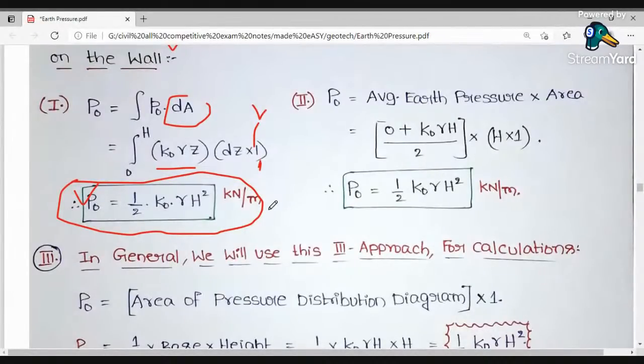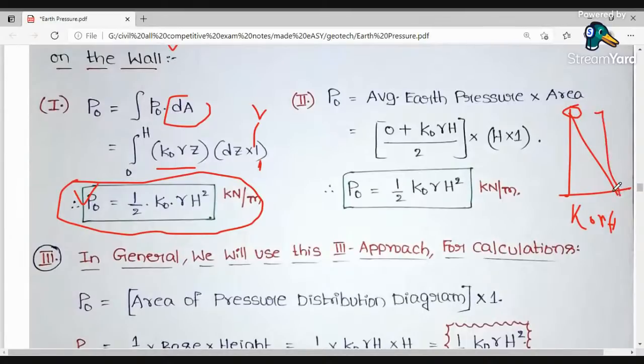Next we'll move to the next part. That is the next procedure: how to determine the earth pressure thrust at rest, not the active earth pressure thrust. For determining the rest earth pressure thrust, we can carry out the average earth pressure. Average earth pressure means, in the distribution we had, at the top it is 0, at the bottom we found K naught gamma H. So we'll take the average of that stress, and